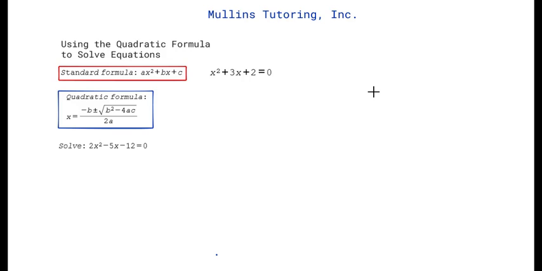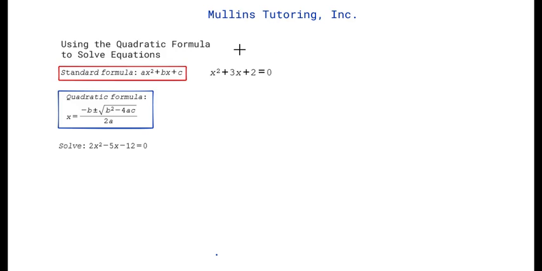Today I'm going to review using the quadratic formula to solve equations. The standard formula for a quadratic equation is ax squared plus bx plus c. To the right I have an example of a quadratic equation, x squared plus 3x plus 2 is equal to